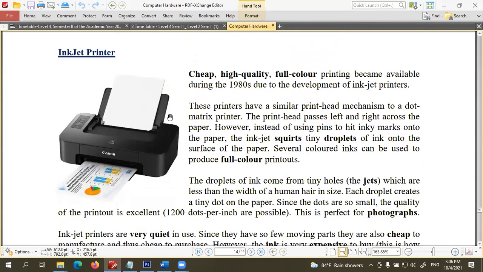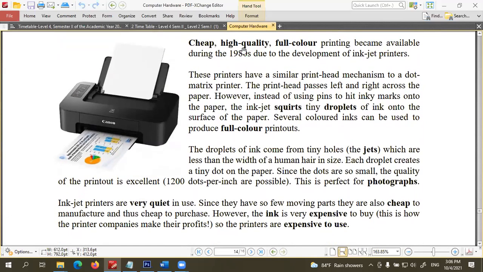After that, inkjet printers are there. These are cheap and the quality is high, full color. You can print color printouts. There are several types like bubble jet and inkjet. Jet means these printers have injectors, so they spray colors onto the paper. The printing speed is higher, the cost per printout is also higher, and they don't generate that much noise. Those are the advantages. Therefore, in daily use, in office use and home use, inkjet printers are the most preferred printers.